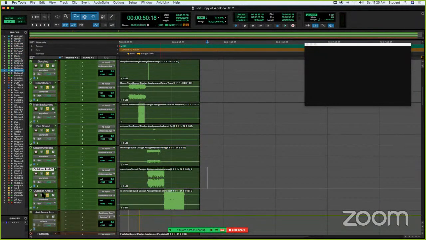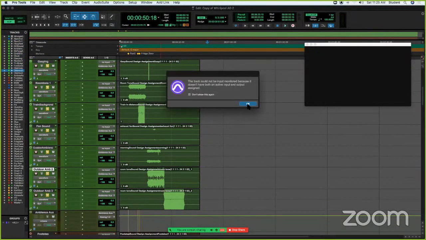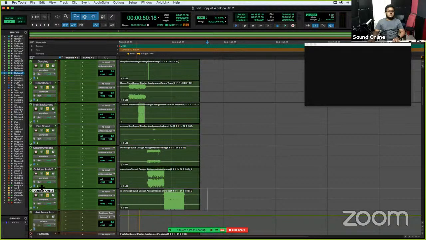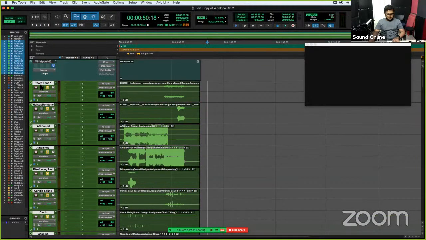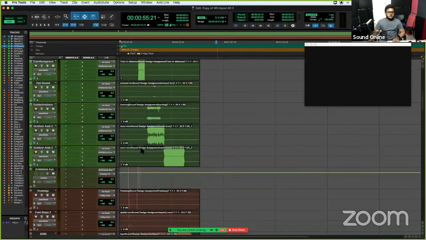We'll individually check out what he has done, and then we'll take a call on how to go ahead with that. So first things first, always solo safe your elements. It was solo safe, I just unsafed it. So your solo button, press command and click onto it. Now it is grayed out, which means that even if I solo any track from this, the aux is now soloed. So if I play back,